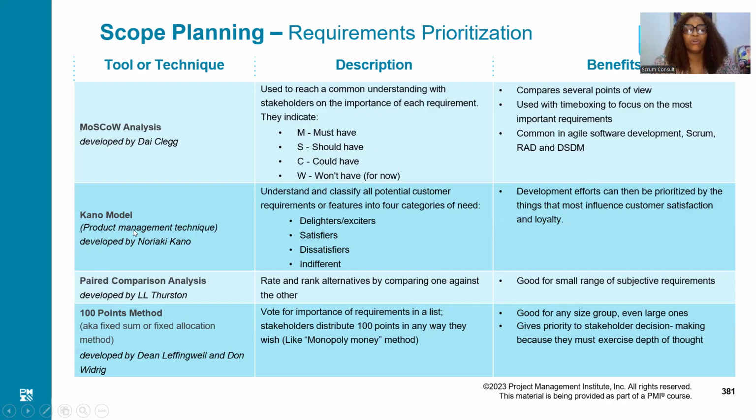You have your Kano model, where you use the delighters, exciters, satisfiers, dissatisfiers, and features that the client is indifferent to. We are building a public toilet in Etiosa local government area. We got a contract to build public toilets. So what do we do? What are the must haves? A toilet, okay. What are the exciters? What are the delighters? What are the satisfiers? A person uses the toilet and does not see water.